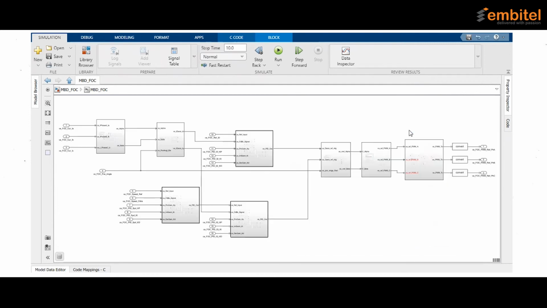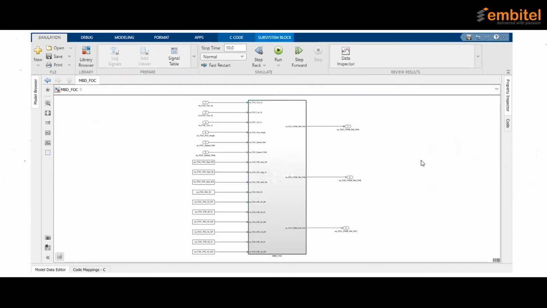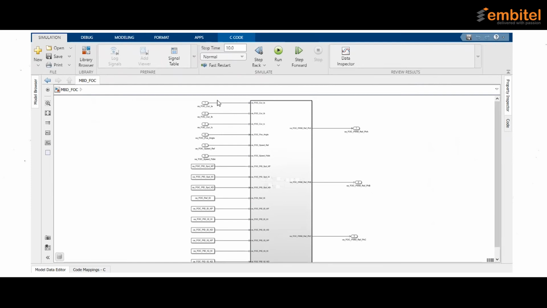Now we have the implementation of the FOC control algorithm. This is a very basic FOC control algorithm; later we can build on this base model implementation as per the need. So we are ready with the FOC model that is implemented.